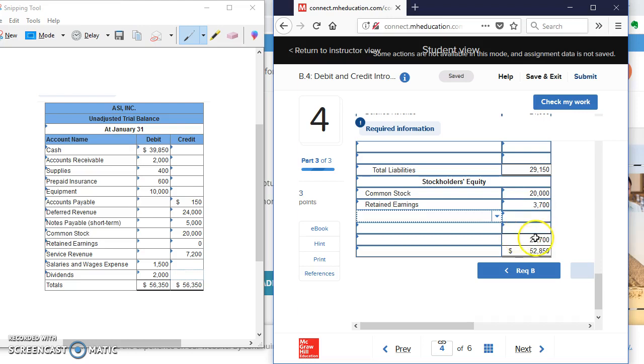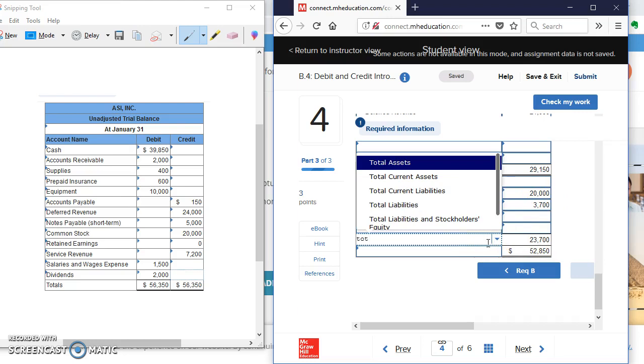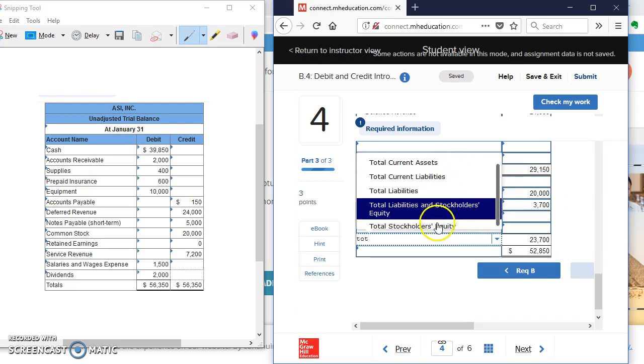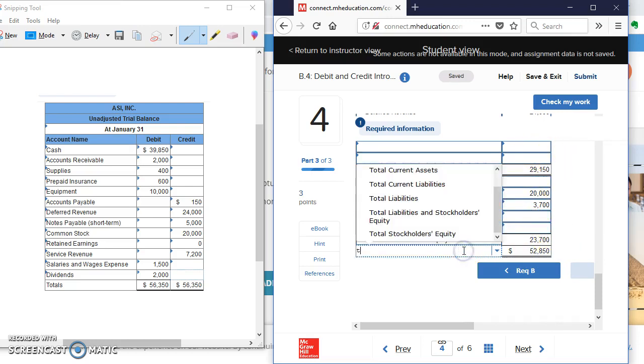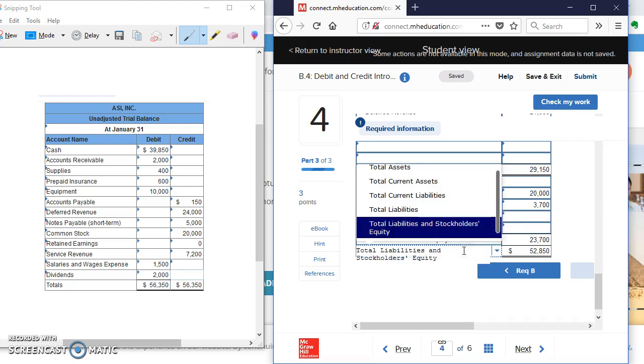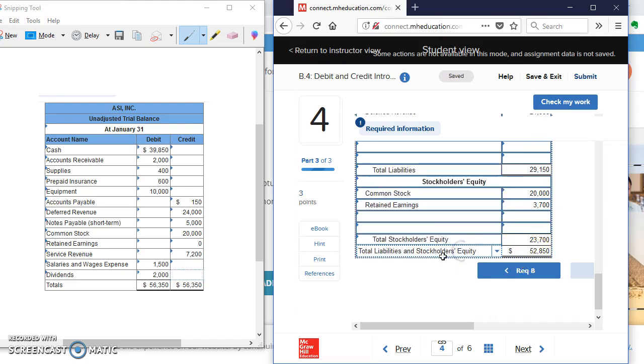And then let's total up everything. The $23,700 is the 2 accounts in stockholders' equity, so that's my total stockholders' equity. Make sure you label that. And then the $52,850 is the $29,150 in liabilities plus the $23,700 in stockholders' equity. So that bottom label is going to be total